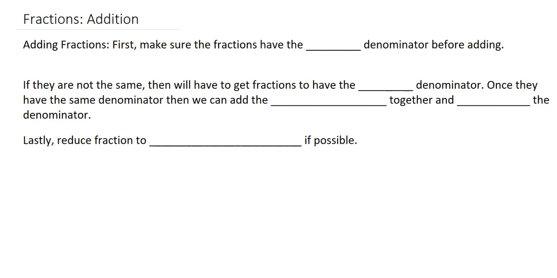Adding fractions. So the first thing we're going to do is make sure the fractions have the same denominator before adding. If they are not the same, then we'll have to get the fractions to have the same denominator. And once they have the same denominator, then we can add the numerators, or the top numbers, together, and then we're going to keep the denominator. And then lastly, we're going to reduce the fraction to lowest terms